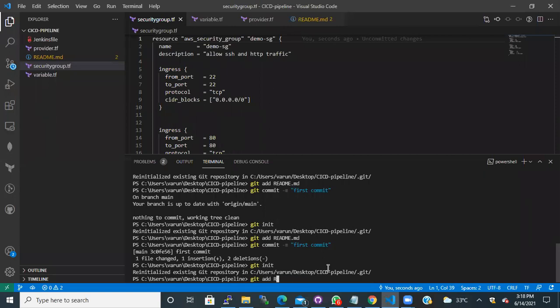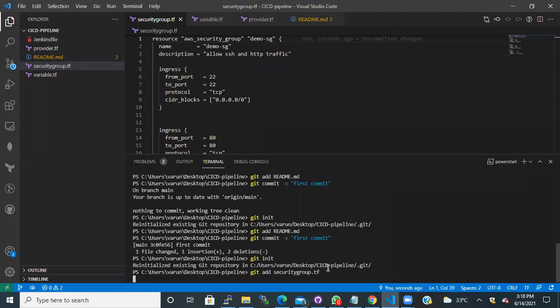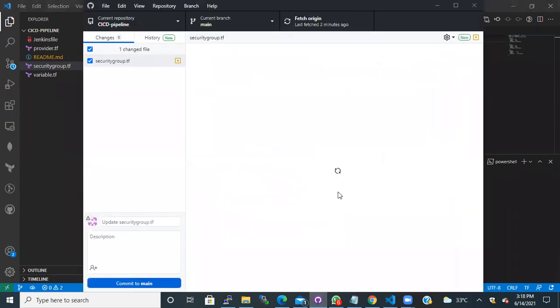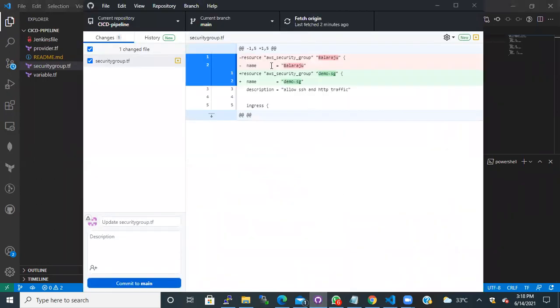Now I have only one file that is changed. What is that file name? Security group .tf. I just added that change, and if you come here you will see one file waiting. What is my previous version? It is Balaraju. And what is my new version? It is demo SZ. You clearly see what is changed in your configuration file.